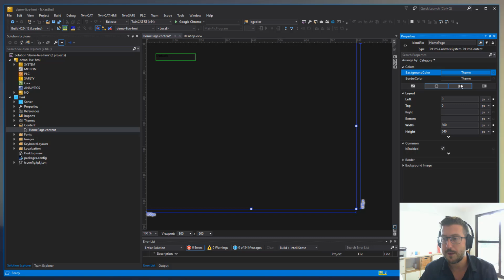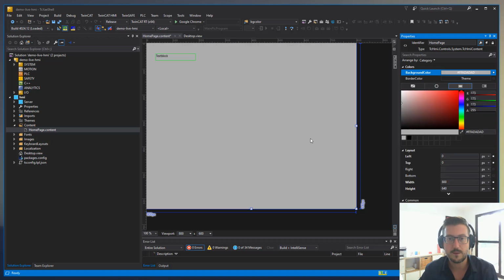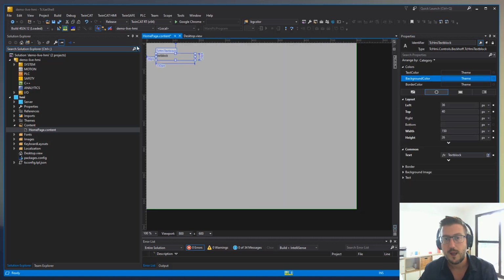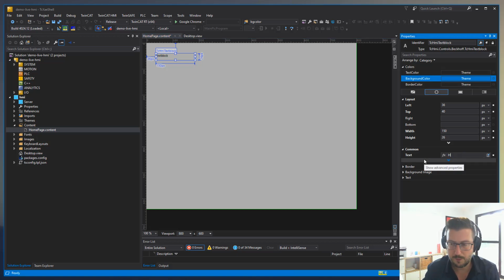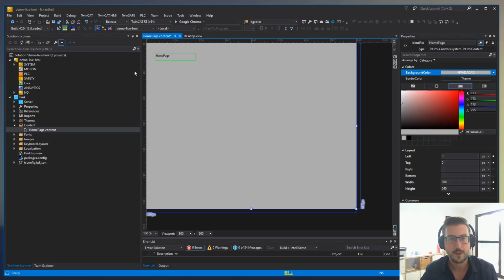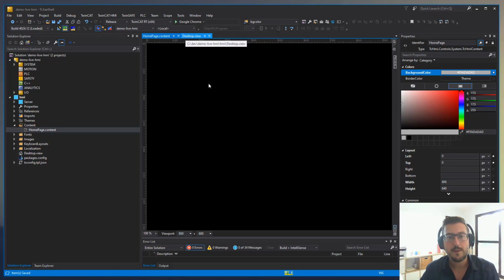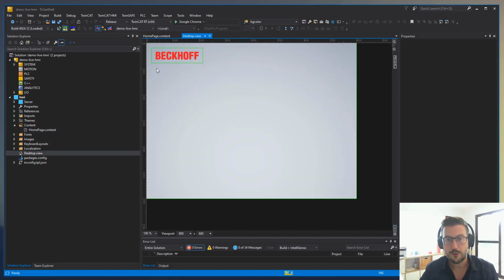I'm going to just change the background color and set it to middle grey for the time being. And now we can see our text block, and we can see the text here. I'm just going to put home page in here, just so we can tell that the home page has been selected, and hit save. We can swap back to the desktop view, which is currently showing just the back off